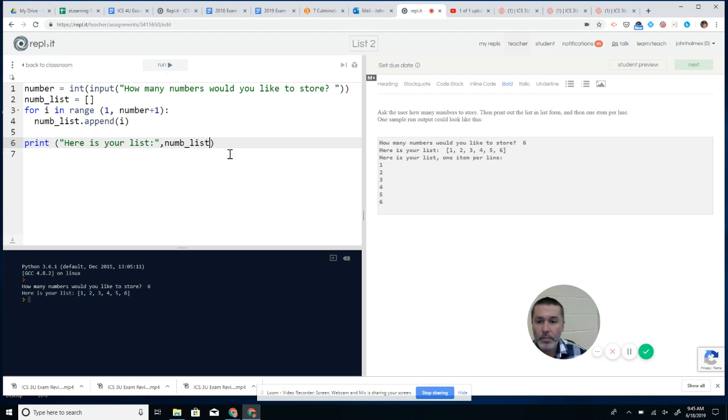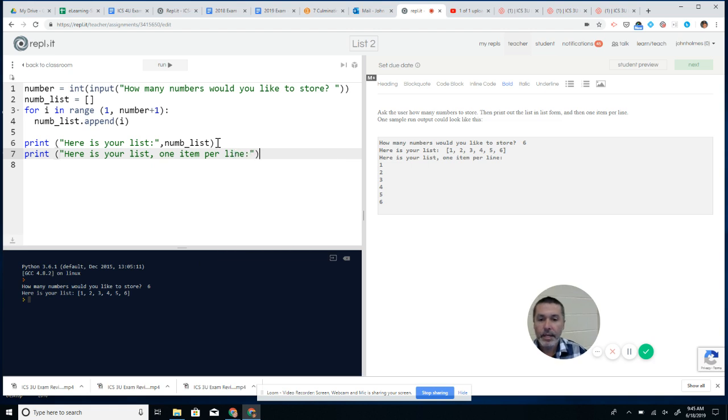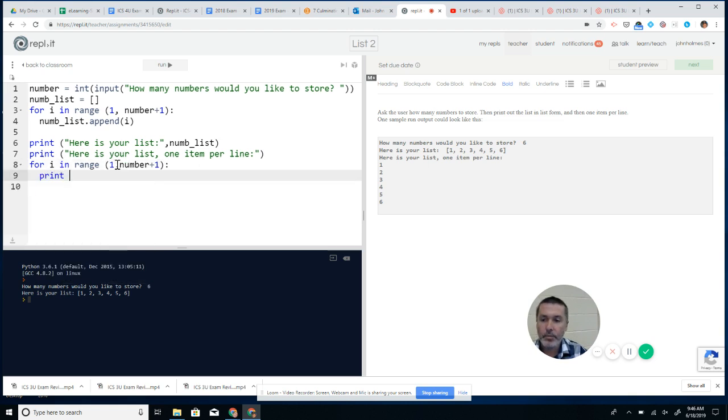And then we need one item per line. So now I'm going to say, here is your list, one item per line. And now what I need to do is iterate through the list. So I'm going to go for I in range. I know it starts at 1. And the problem is I don't know how long that list is. So I could either go up to the number, right? Go up to number plus 1. That should work. And I'm going to print